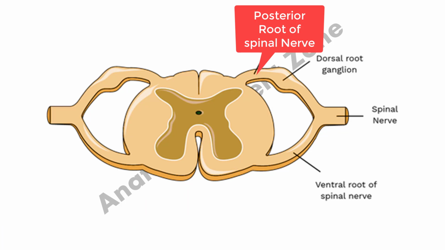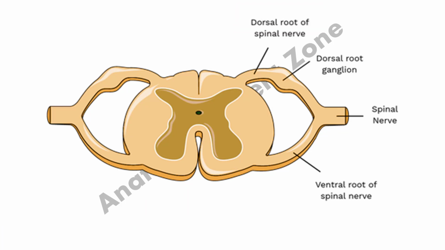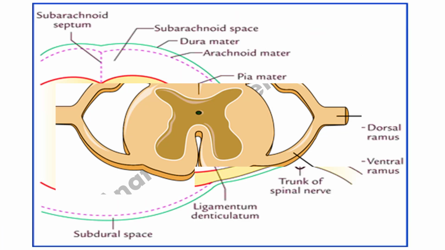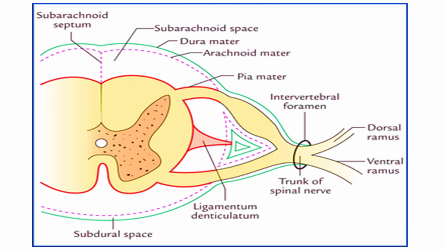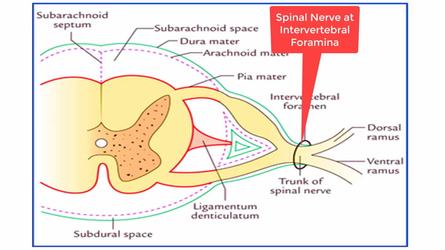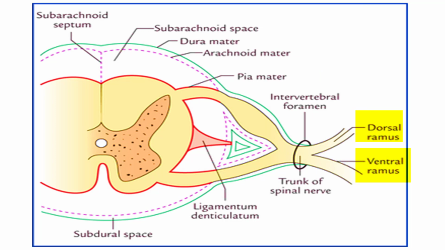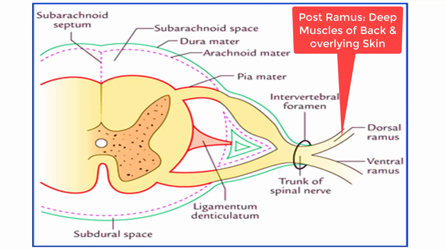So to make my point more clear, I will revisit some important points that we covered in the spinal nerve. I had told you in the spinal nerve that when it is formed at the intervertebral foramina, it divides into anterior and posterior rami. So the posterior rami of spinal nerve supplies the deep muscle of the back and the overlying skin, and the posterior rami carries both the motor and the sensory fibers. You know this. Most important to remember is that posterior rami supply in a segmental pattern.